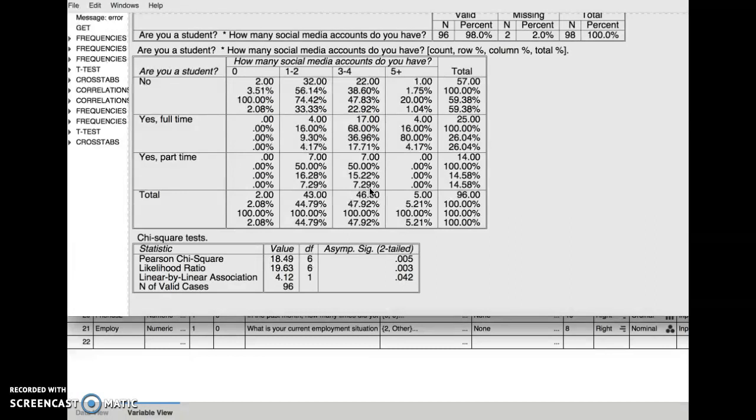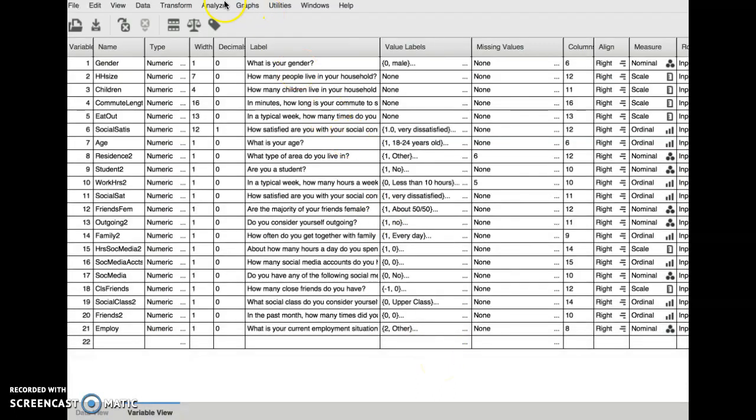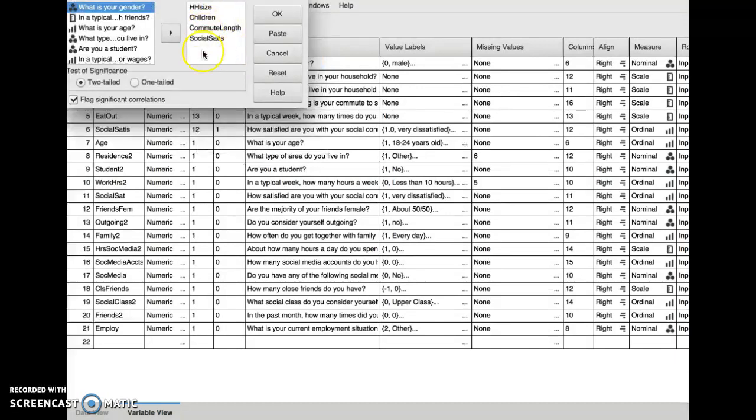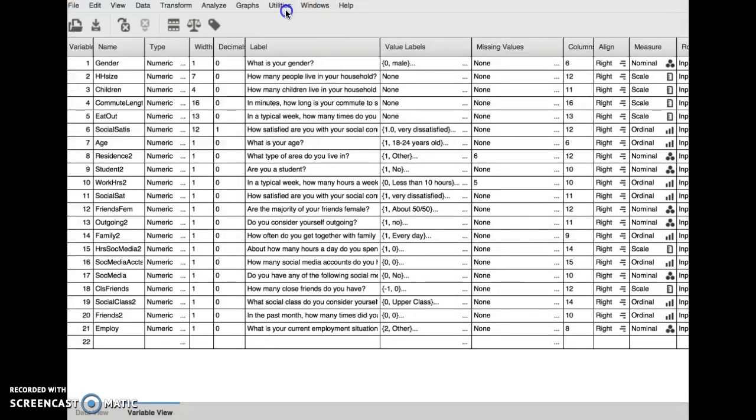And then the last one that I'm going to show you is how to produce a correlation table. And again, I hope you view the other videos so that this will make more sense to you. So we go to Analyze, we go to Bivariate Correlation, and we choose interval ratio or ordinal variables. Otherwise, it won't make sense. And yeah, so we'll just leave it at that. So we got an output,